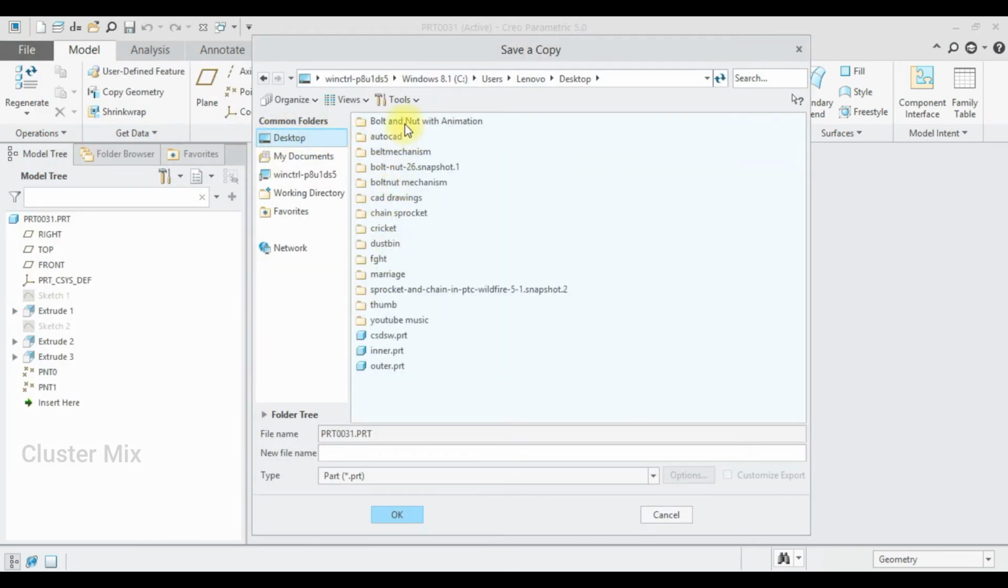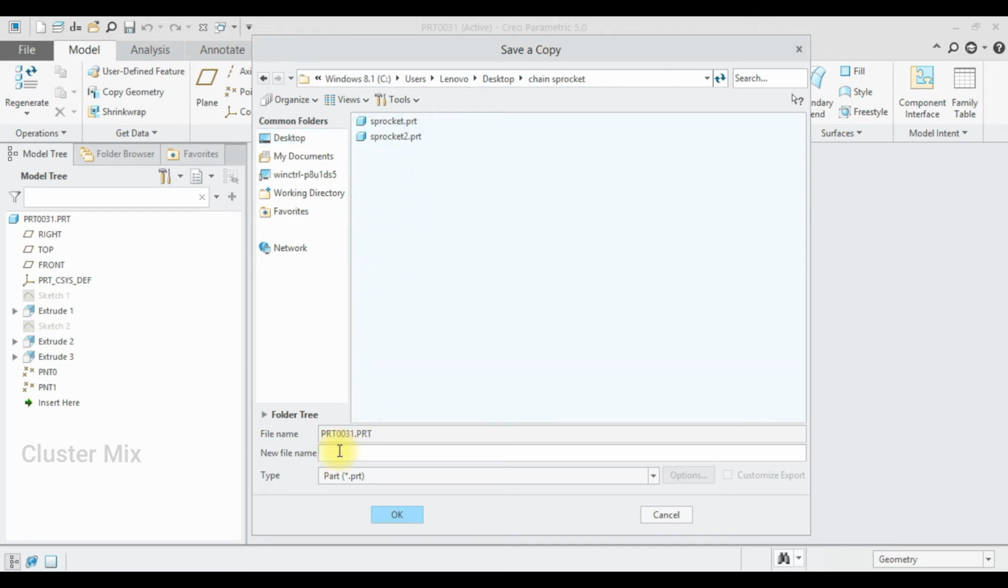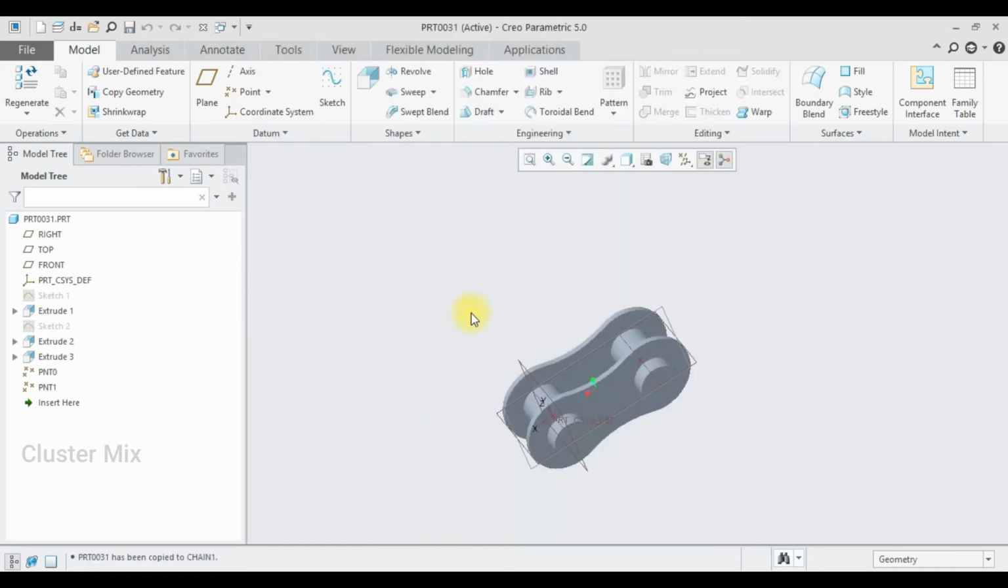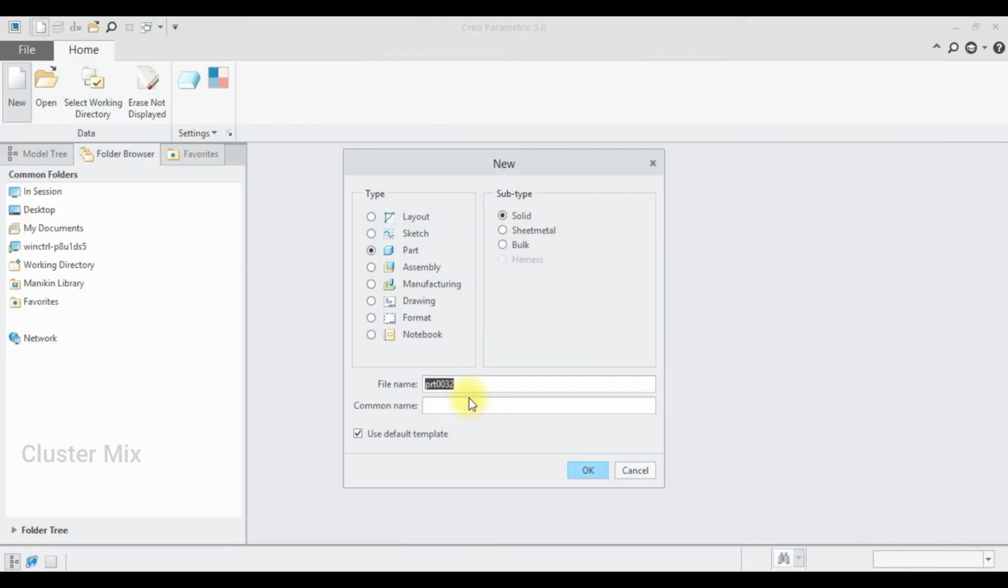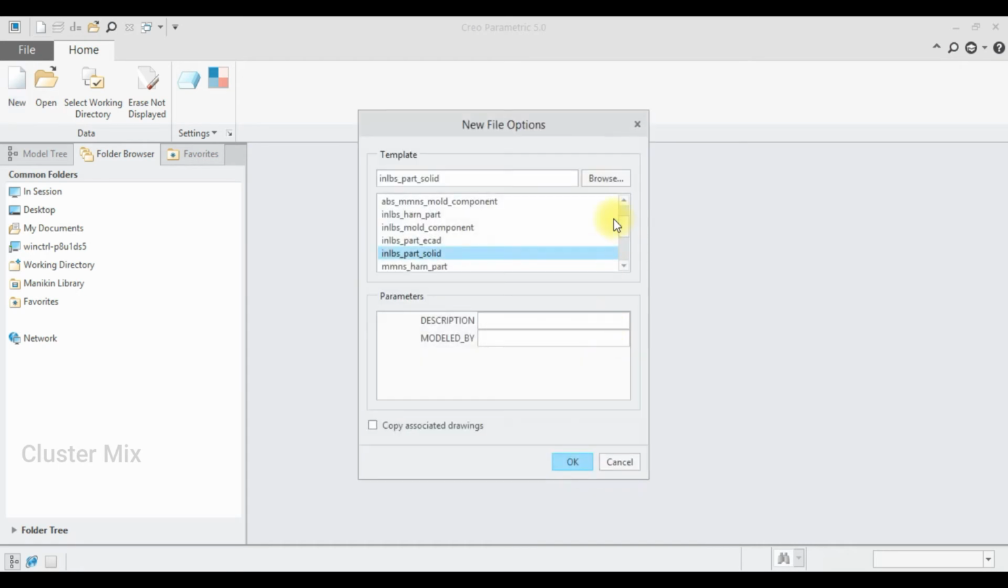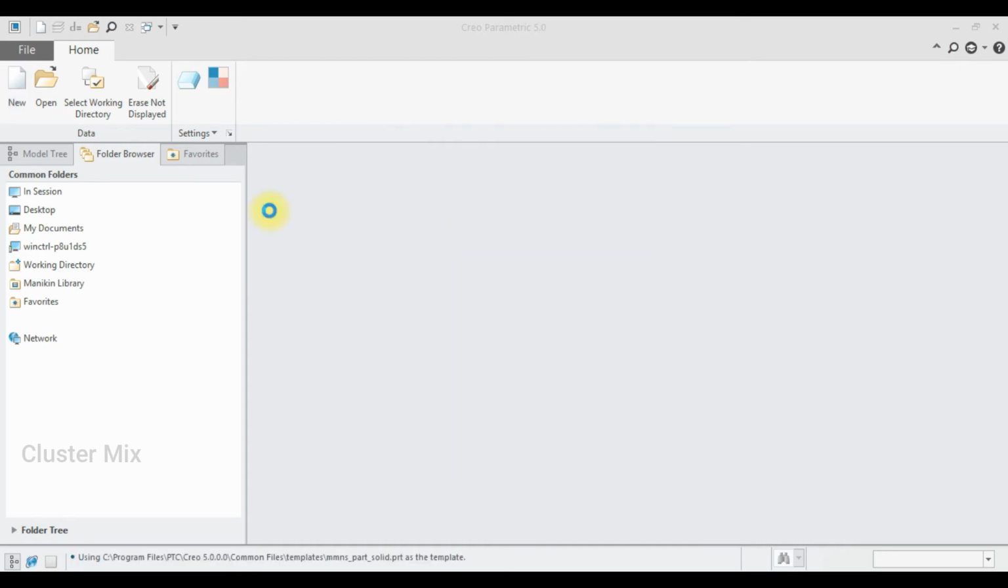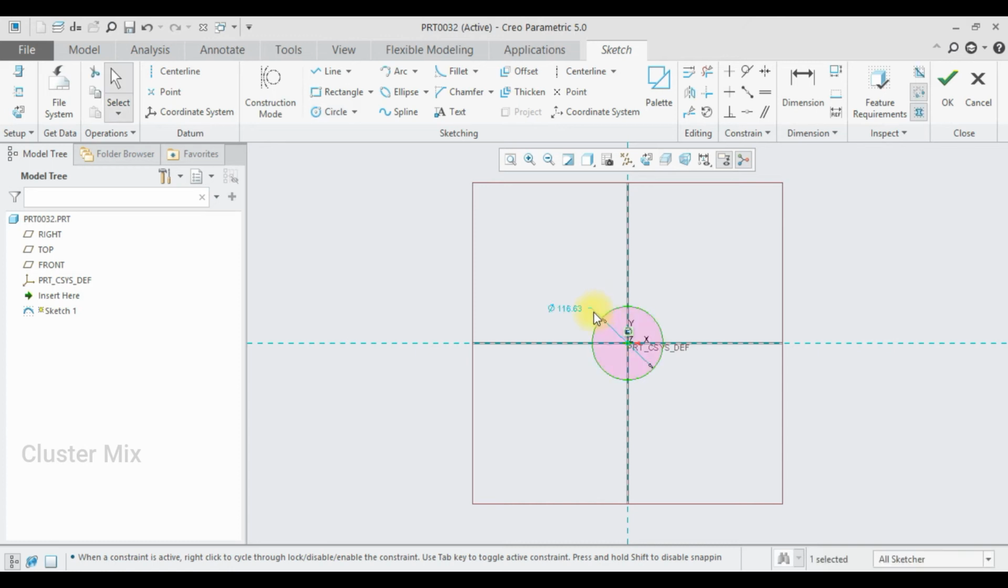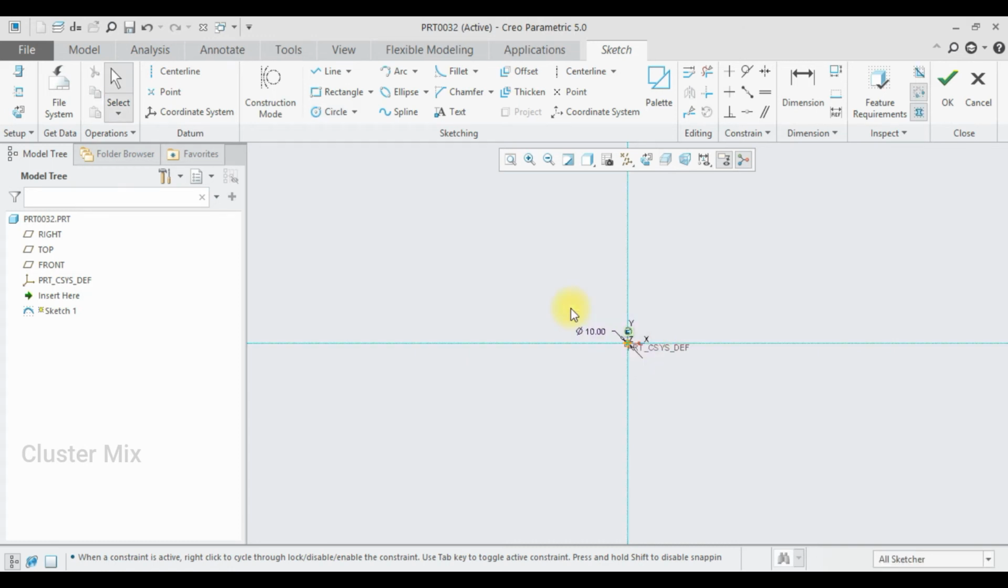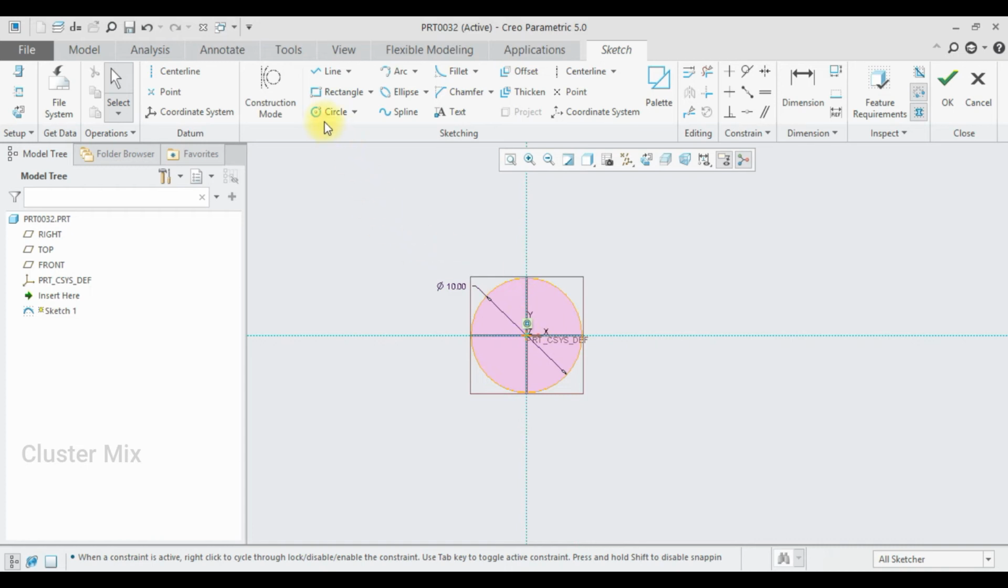Select file, save as. I'm going to save this as the chain sprocket folder with name chain 1, and then click on OK. And now I'm going to draw the outer link. I'm going to select new once again and create a new model. Select the front plane once again, and here I'm going to draw a circle whose diameter is going to be 10. And again I'm going to draw another circle of the same diameter,